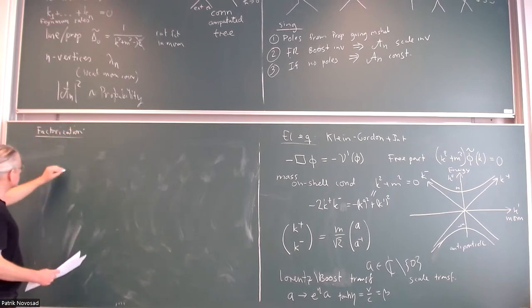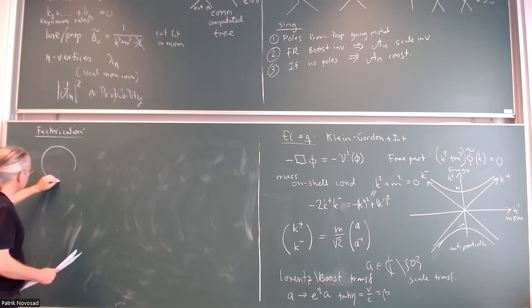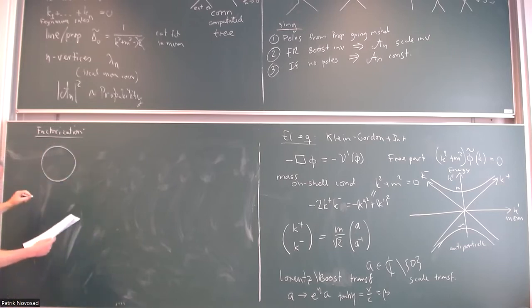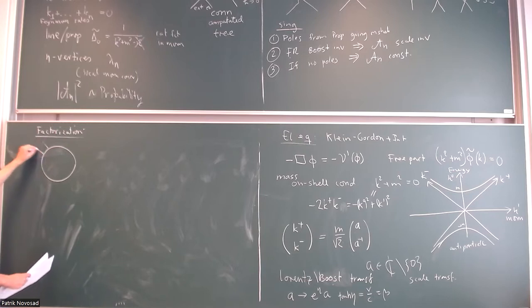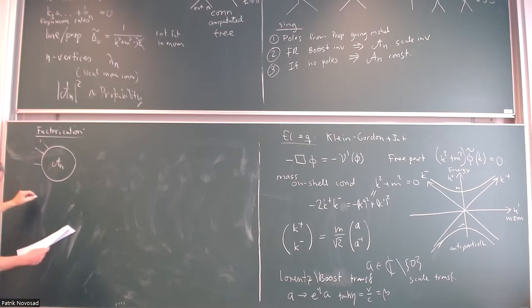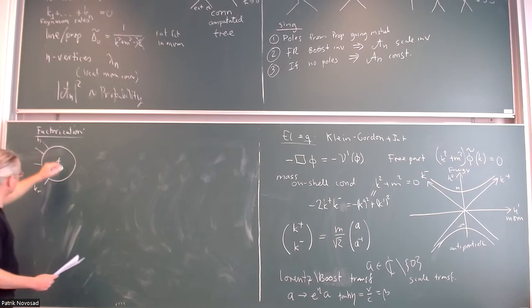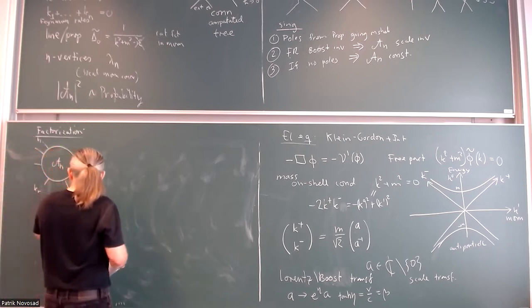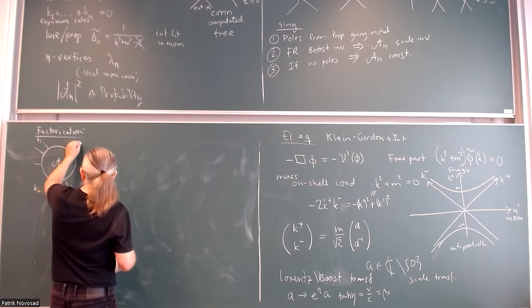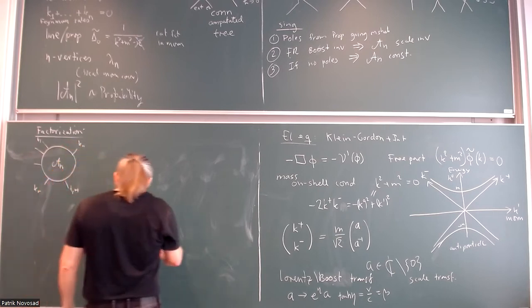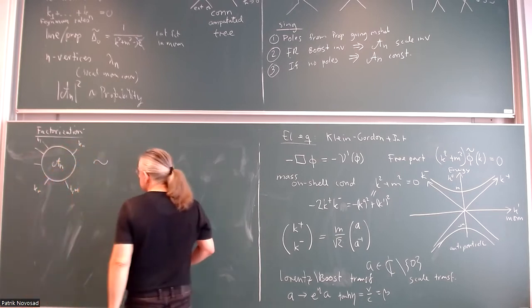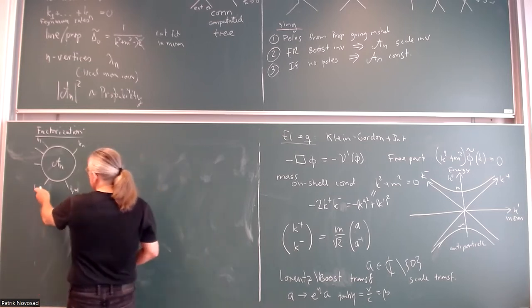And this is quite an interesting phenomenon, which might not be obvious when you first think about quantum field theory. If you have some amplitude with n legs, so you have here maybe k1, up to kr, kr plus 1, and kn, then it turns out that if you take your particles,